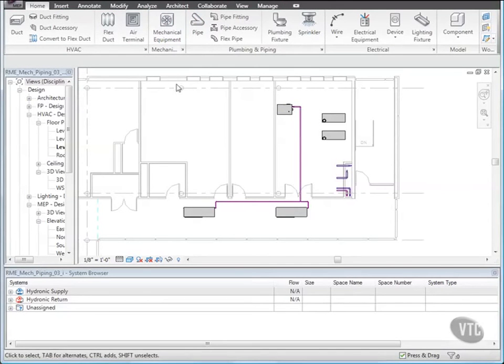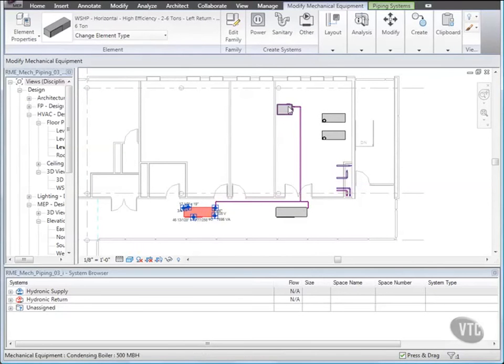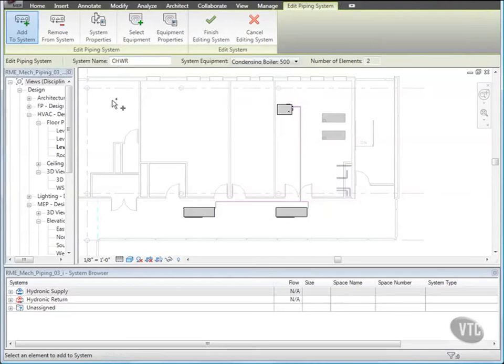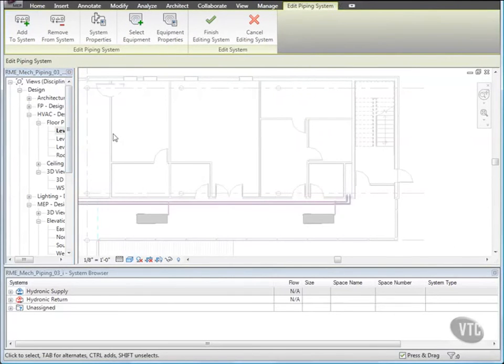The current view is Level 3 HVAC plan design. Let's add the Level 1 heat pumps to the return system. Select the heat pump on the left. Then click the Piping Systems tab, and on the System Tools panel, make sure that CHWR is selected under System Selector and click Edit System. Then open the view Level 1 HVAC plan design. Then zoom to fit